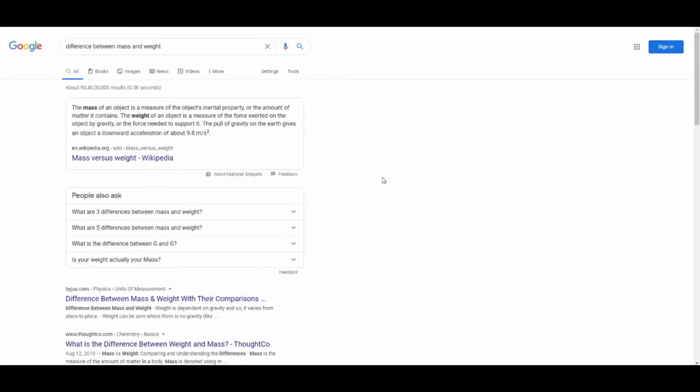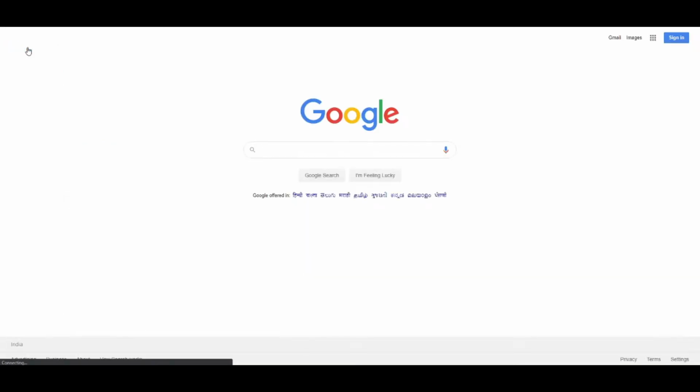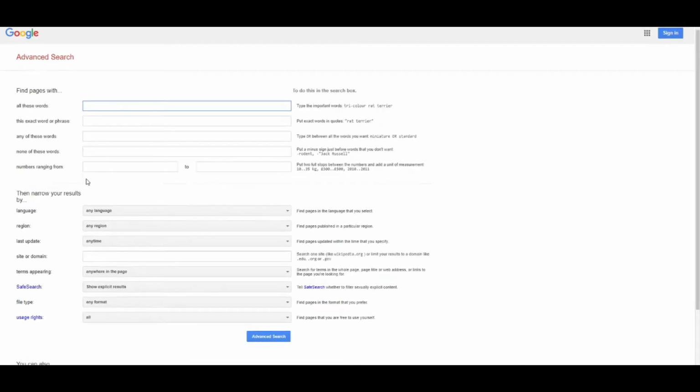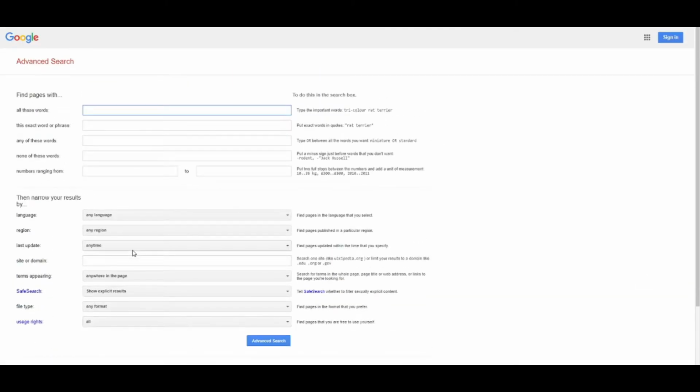So for this you can use Google's advanced feature. Many of you might know where it is, but it is at the right bottom of your screen in your mobile or your PC, doesn't matter. Click on the settings, click on the advanced search. There is a new pop-up screen with a list of criteria which you have to fill to get the exact data. We will be going through them one by one.